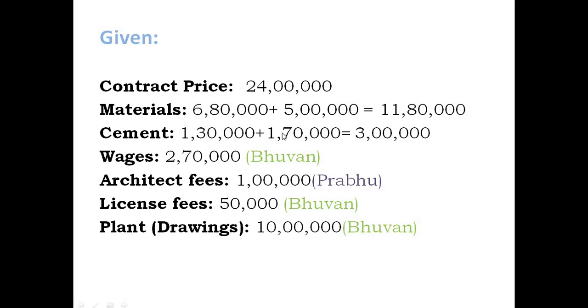So here it is a contribution made by both the parties. It is called input. Wages is also an input, but a contribution made by individual partners. So therefore this 2 lakh 70, 1 lakh, 50,000, these 3 are the individual contributions. We have to show them in the revaluation account separately, not under the bank account. The other 2 will come under the bank account. Next, drawings. There are drawings of 10 lakh rupees. It will appear on the credit side of the joint venture account, that is account number 1. I hope you understood the question and the given information.